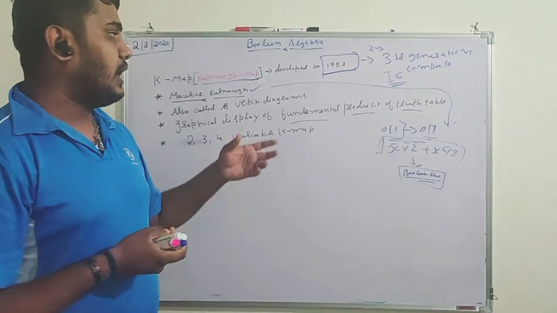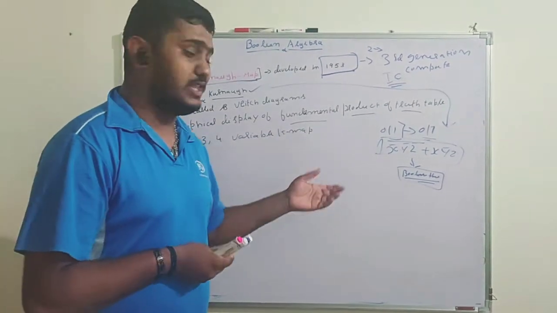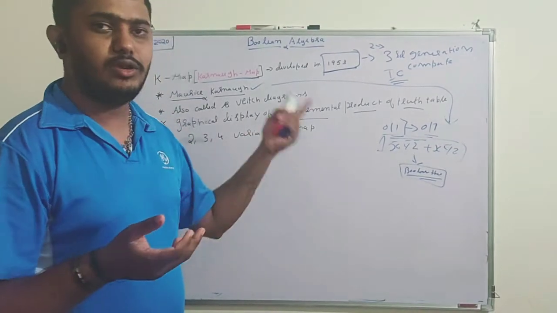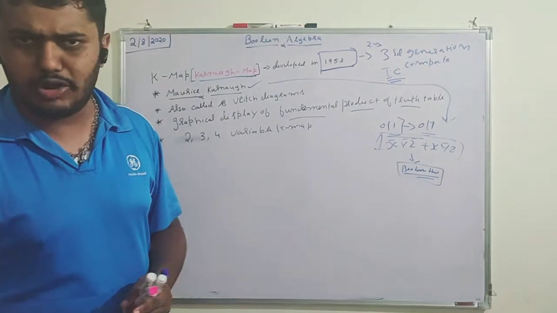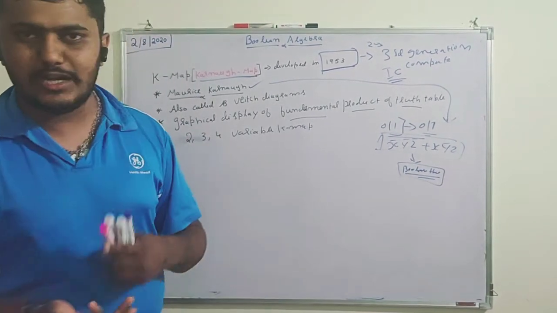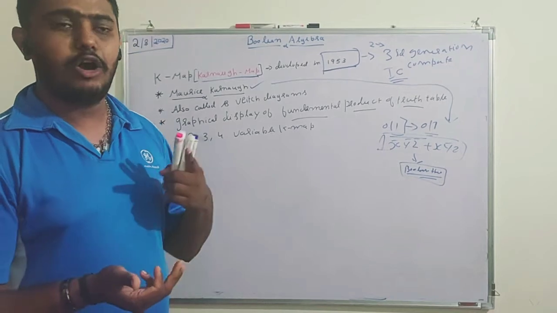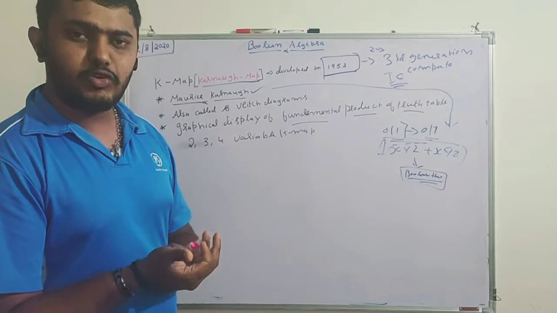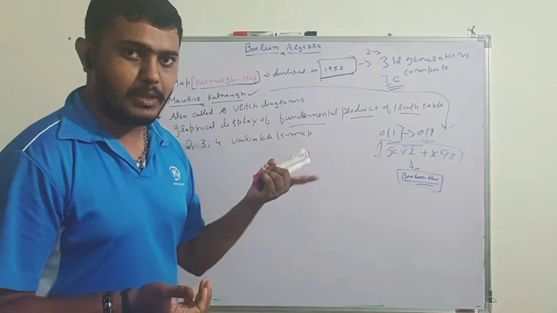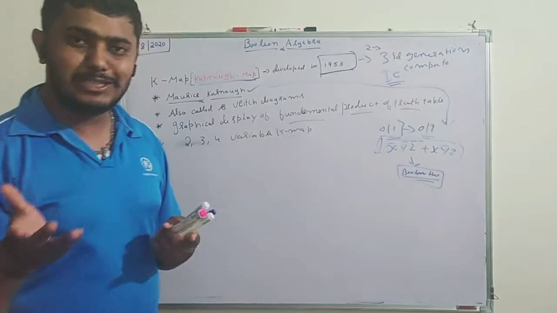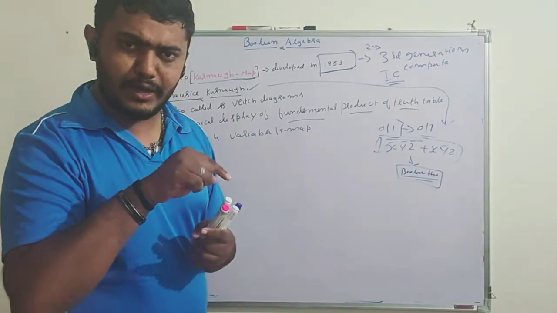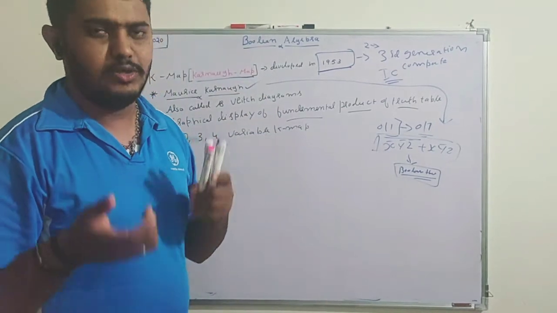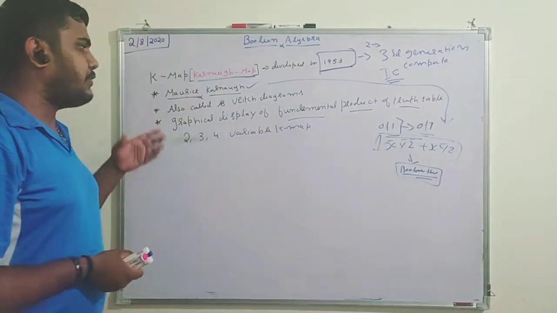For that reason: Boolean theory is completely theoretical, where you have only theorems like De Morgan's theorem, the distributive law, and a certain number of other theorems. At that time you feel difficulty understanding what the theorem actually is, and reducing the expression is also very difficult. To solve that, he invented this K-map, where we have mapping concepts. We pair data, or do some calculation, using a diagrammatic representation. For that reason, this K-map is very important.